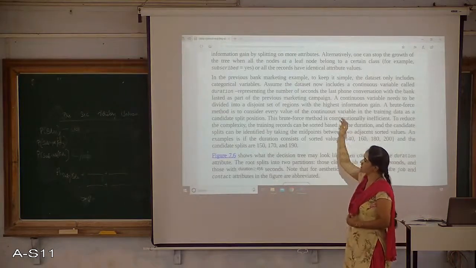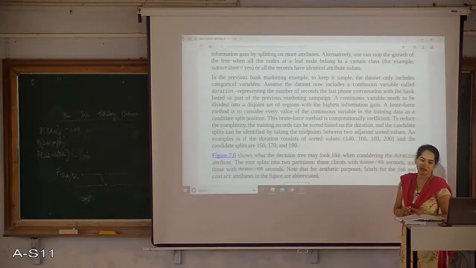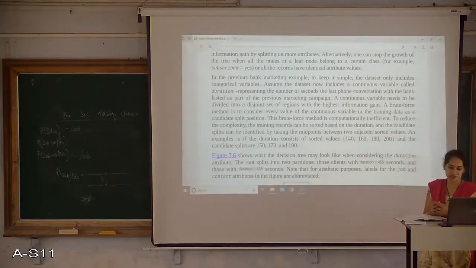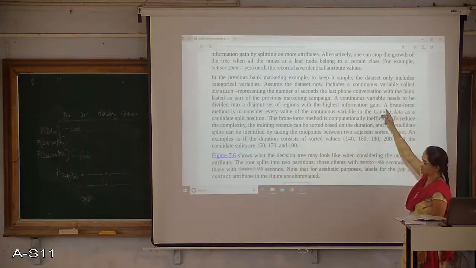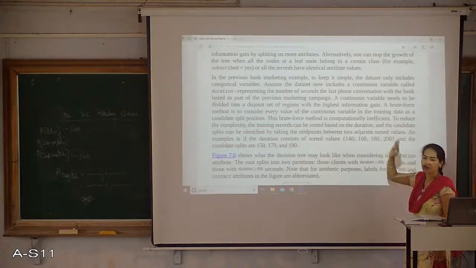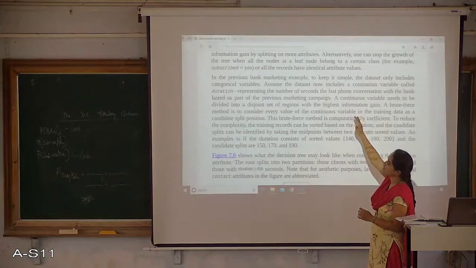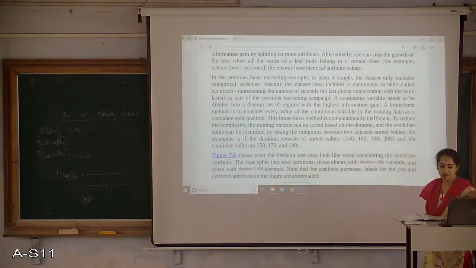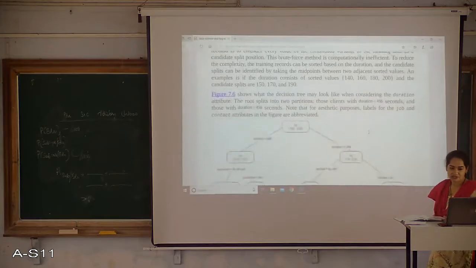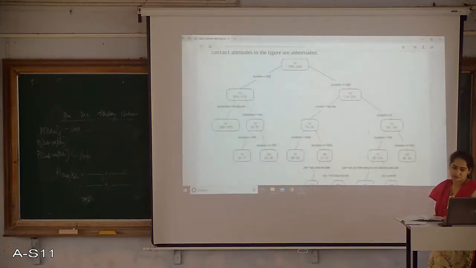Based on that, I am going to make a decision here. So I am supposed to include that in my decision tree. If I include some continuous data, my tree may look something like this.